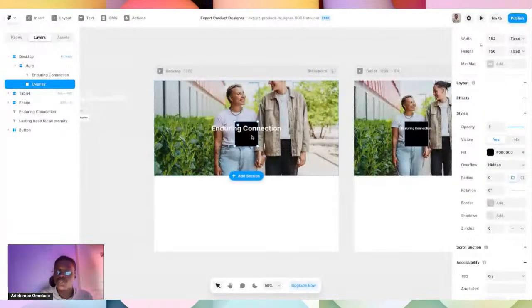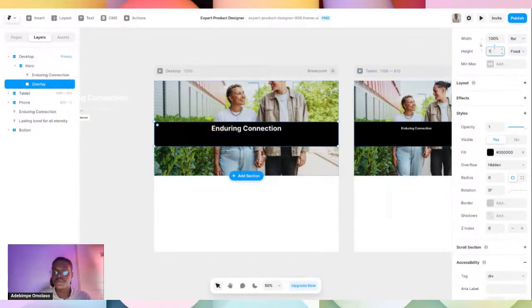So now I can set this one to works, right? Even for my height, it no longer works. Okay, so now for this width, I'm just going to set it to relative. Then I'm going to make it 100%. So I want it to cover 100% of the appearance and 100%